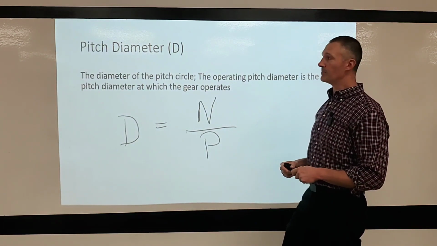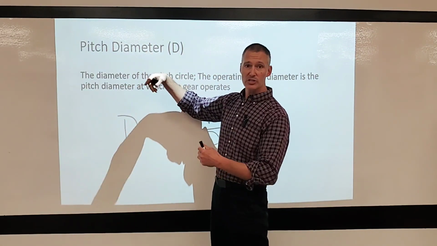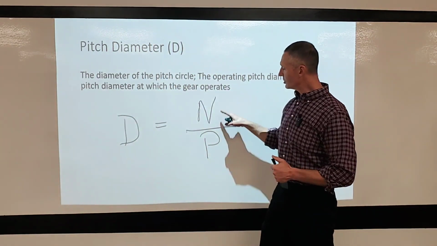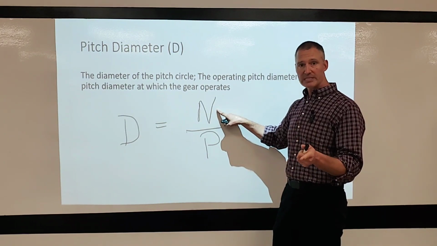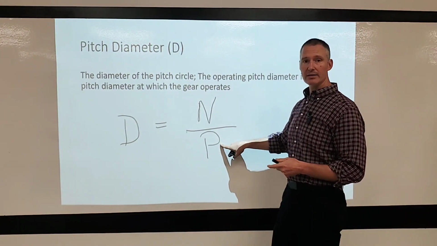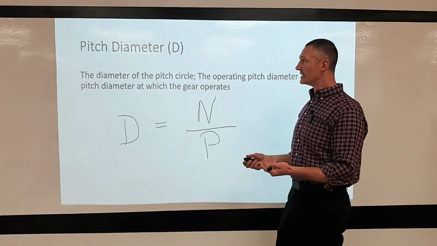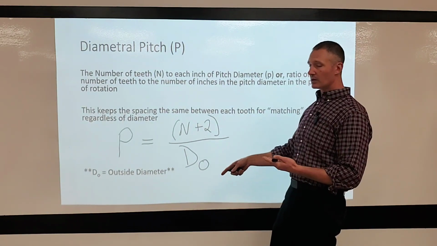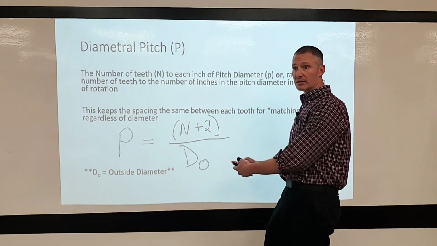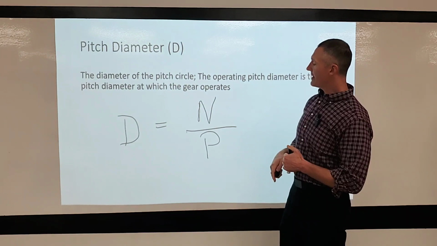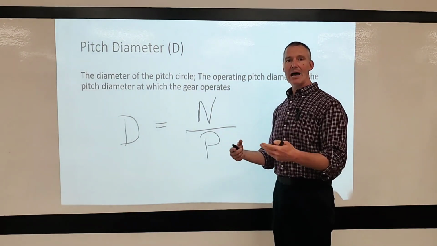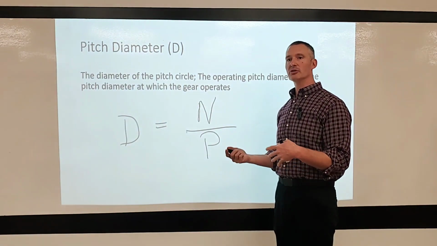All right, well, that's very simple. The big D, pitch diameter, or the pitch circle diameter, is going to be equal to N, which is the number of teeth, divided by the diametral pitch. So as you can see, it's important to get the diametral pitch with the things that we have. It's very simple. We get the diametral pitch, and then we can get the pitch diameter,